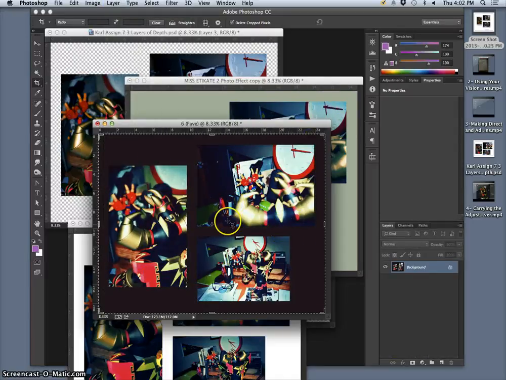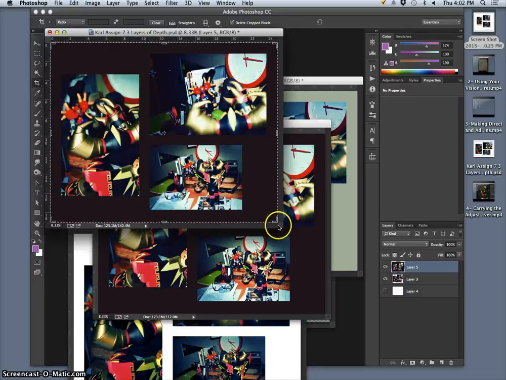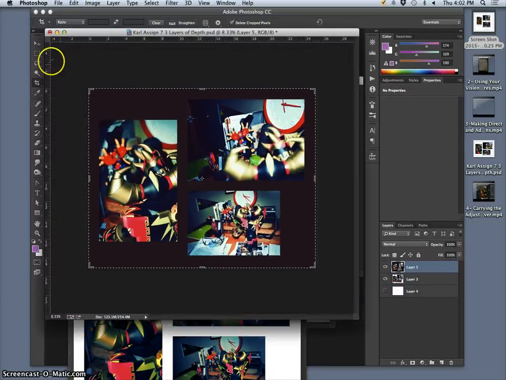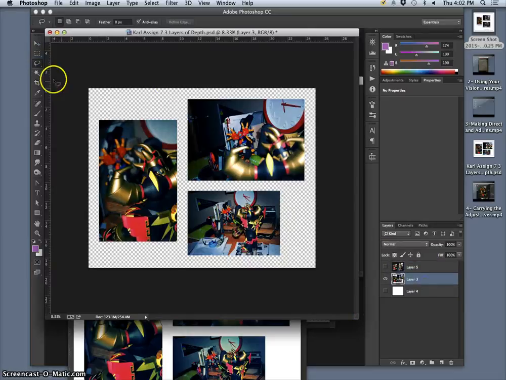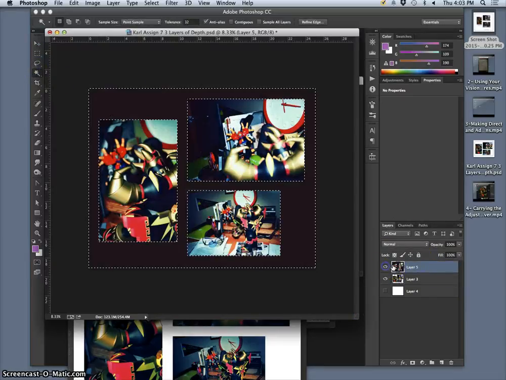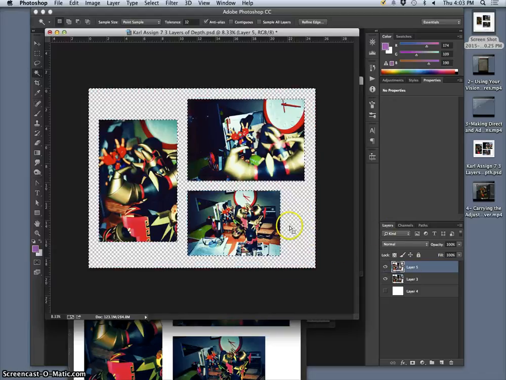And I actually really like this. So I'm going to select it all, copy it, move it on top of my original, and then to get rid of that color, let's get off the crop tool there, I select my layer with no background. I move that selection to this top layer and I hit delete. So we're going to do that to all